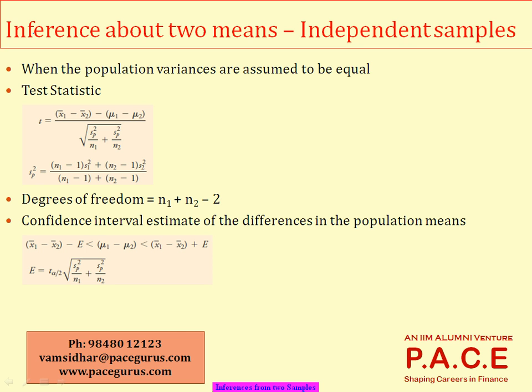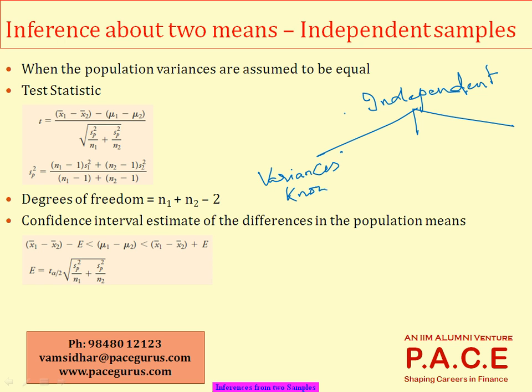Then the third scenario is when the population variances. So there are three scenarios regarding the testing of the means of the independent samples itself. In the independent samples, one kind of scenario is variances known. Then I am going for a z test. Variances not known